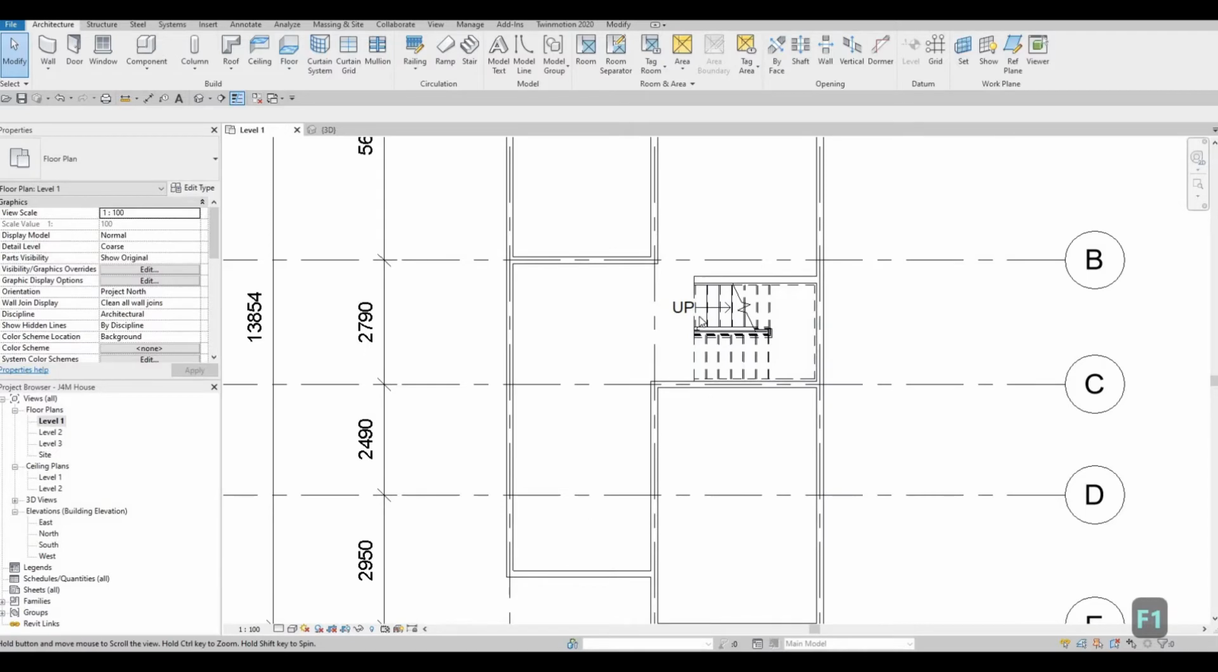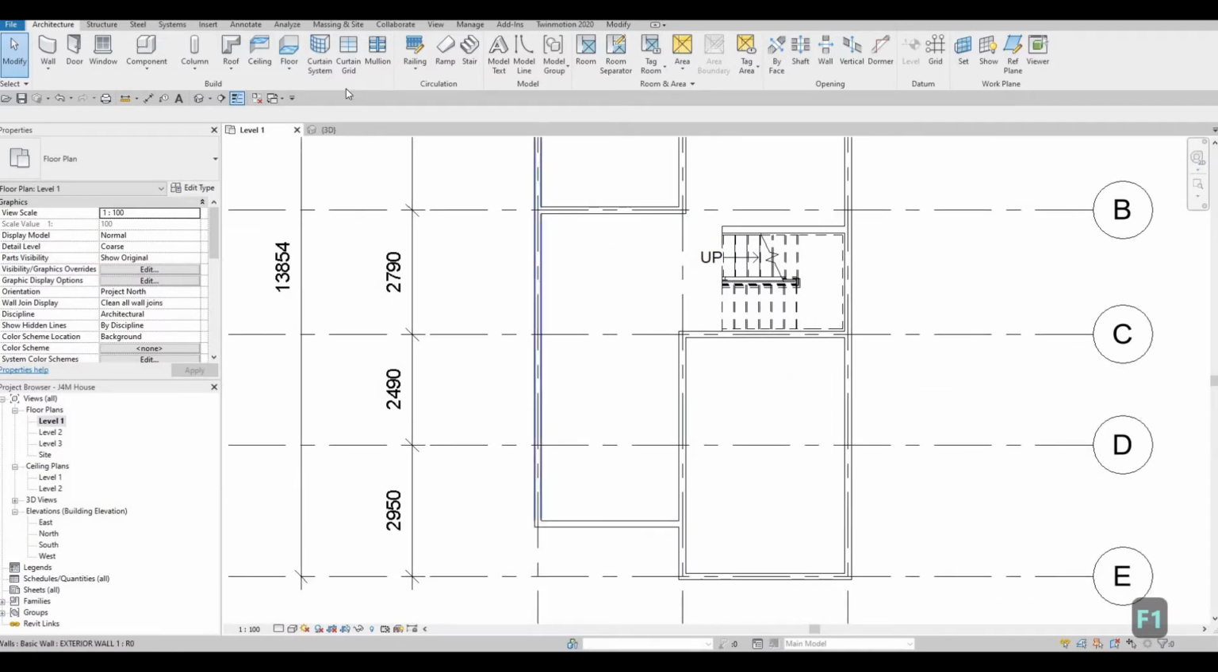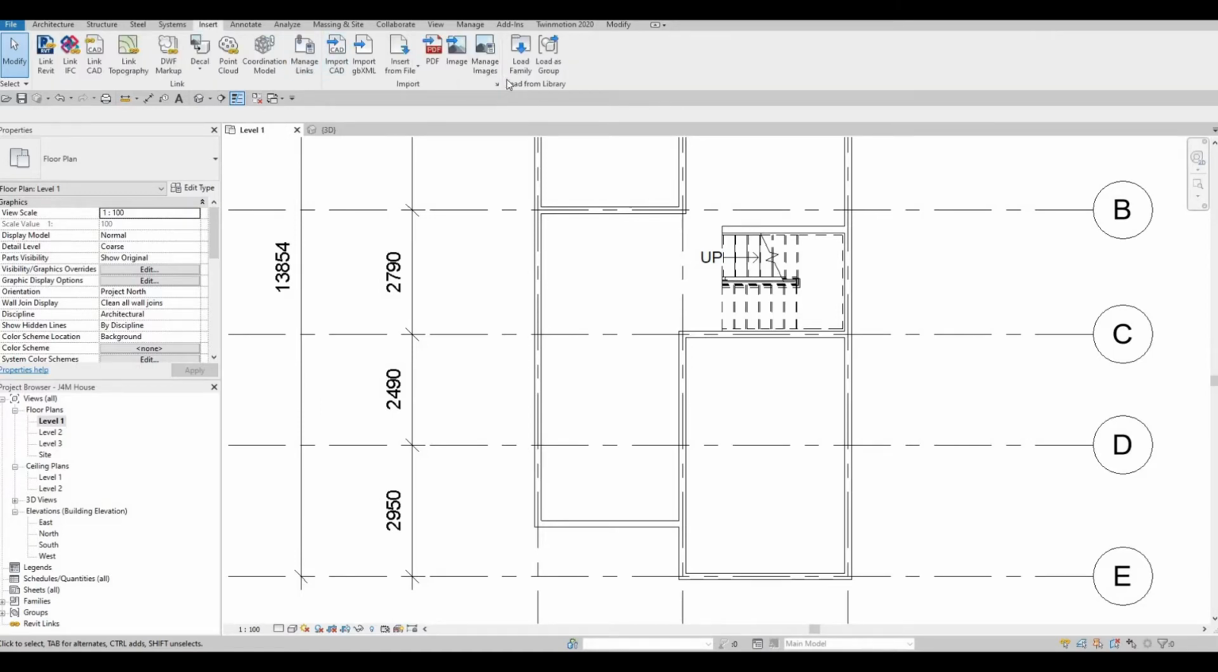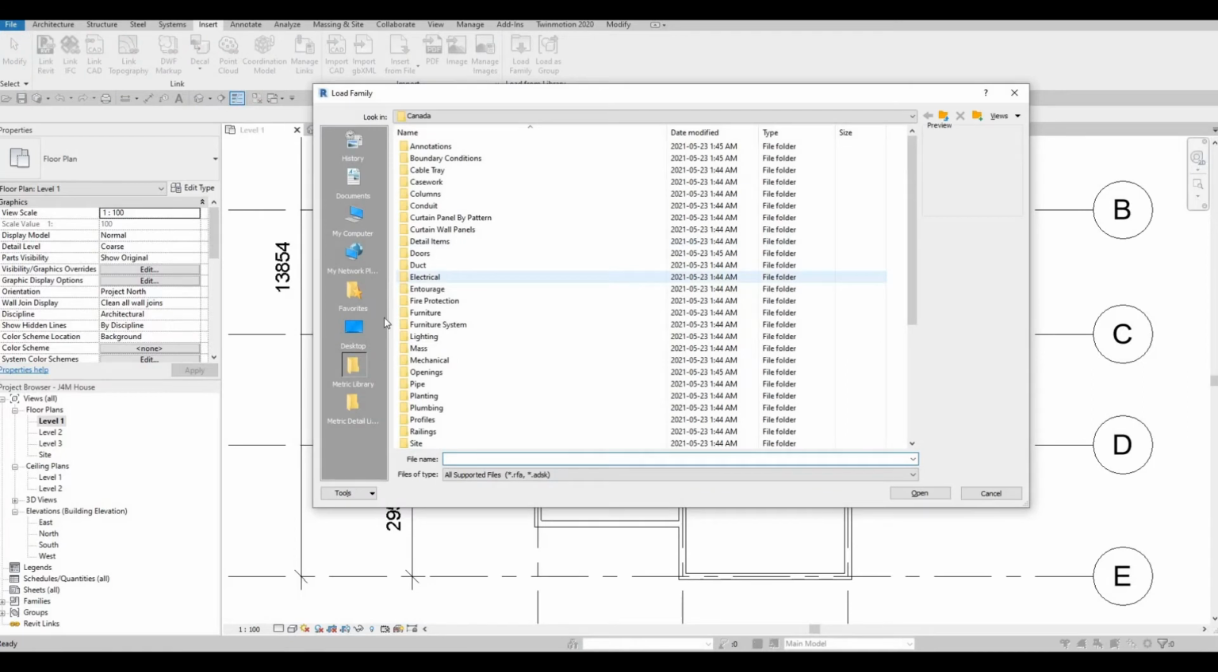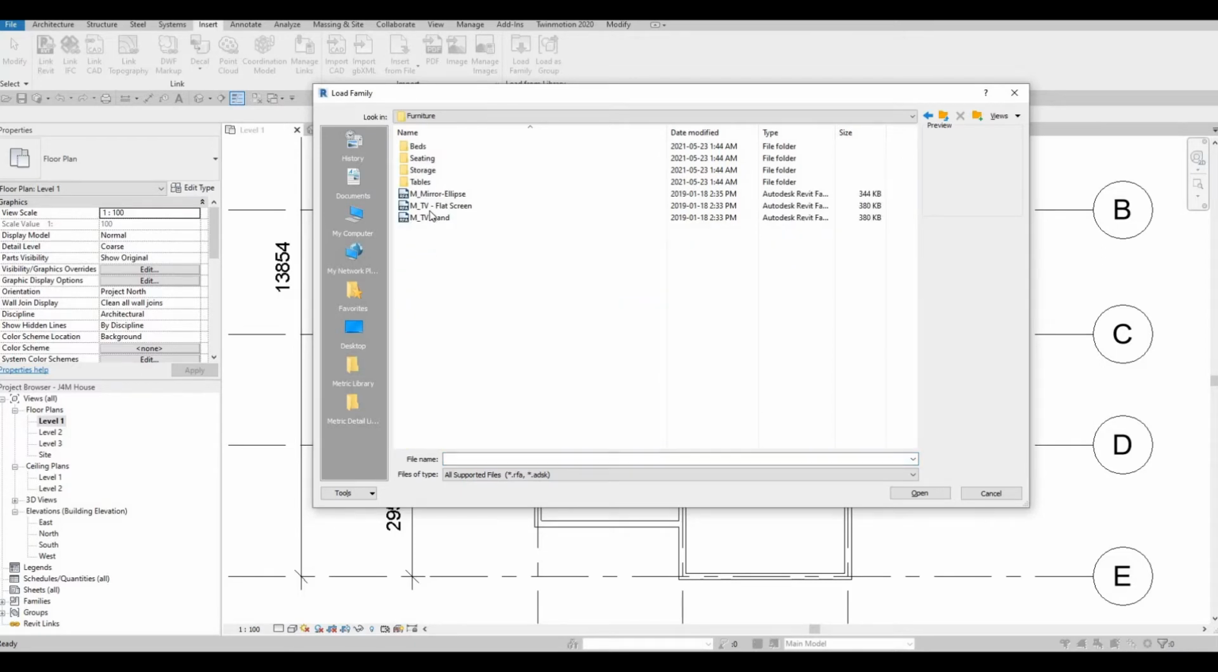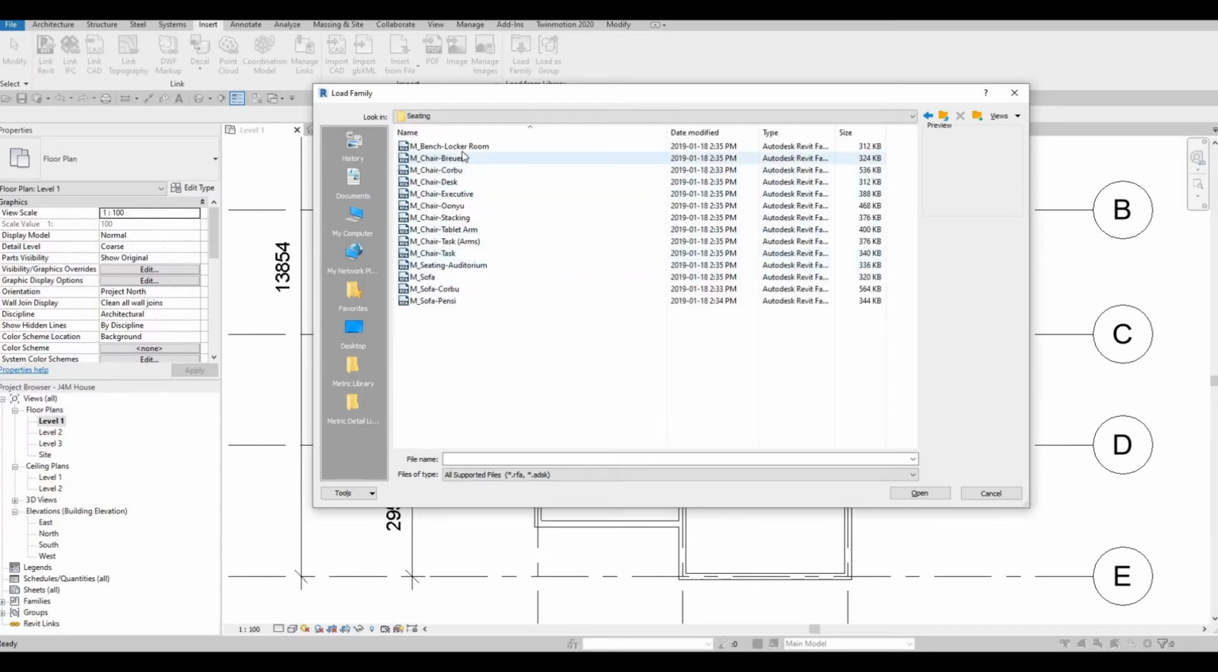So next thing we're gonna do is we're gonna add in the furniture. So I go into insert, load family, and then we have here under the furniture folder we have table, seating, bed, storage, and whatever. So now I'm going to add in the seating first. So let's add in the couch. I'm gonna use this sofa corbu. Click open,